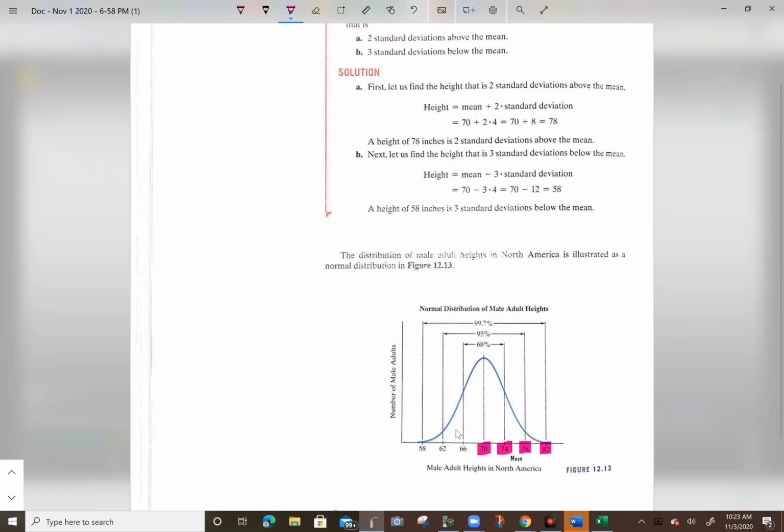Then we go the other direction, we subtract 4. So 70 inches minus 4 inches is 66 inches. 66 inches minus 4 inches is 62 inches. And then 62 inches minus another 4 inches is 58 inches. Okay, so now we have